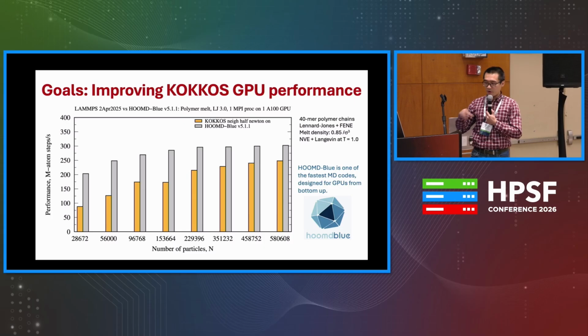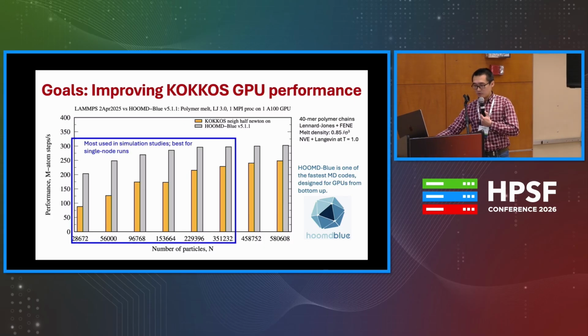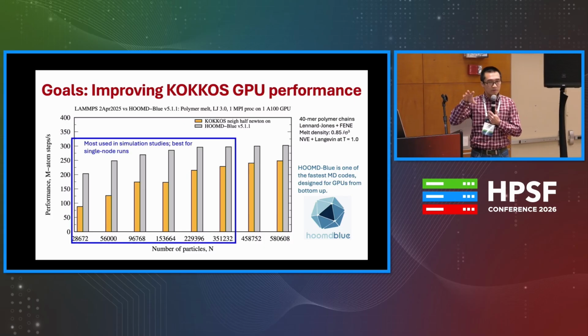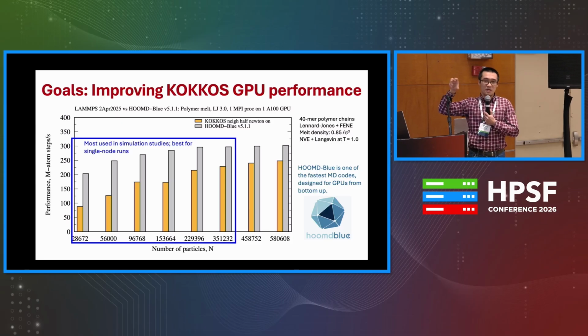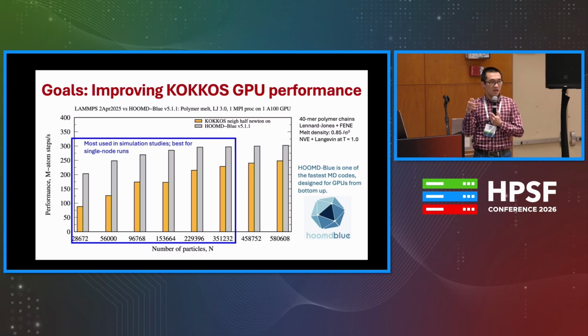What I want to point out is that for these particular systems, for the range of the number of atoms on the bottom, going from left to right you have bigger and bigger system size, and the fact is that HOOMD-blue is still around 2 times faster than LAMMPS